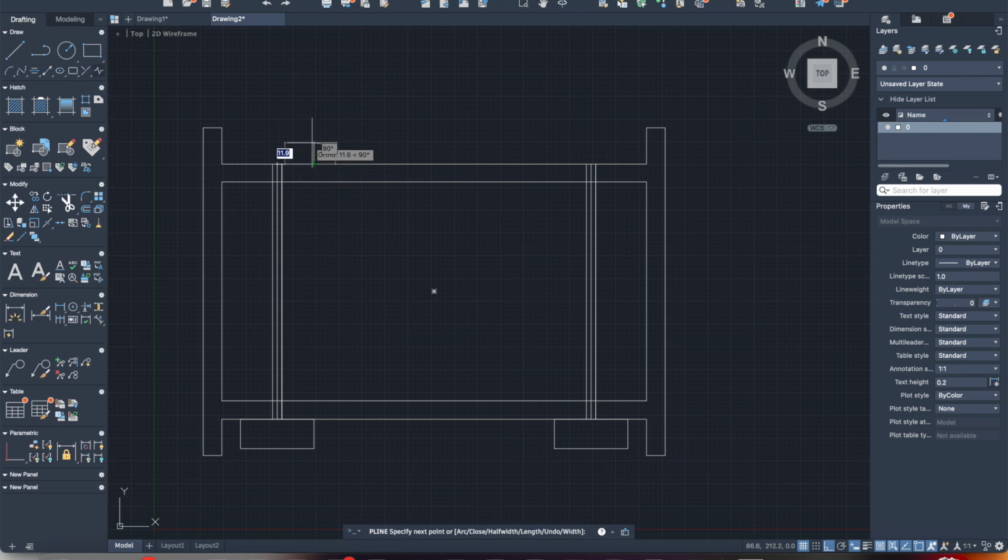20, 16, 40, and you can always fast forward through these parts if you've got the hang of it. Last one. 20, 16, 40,